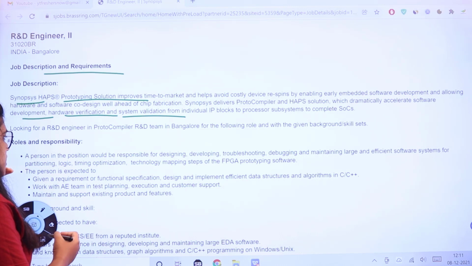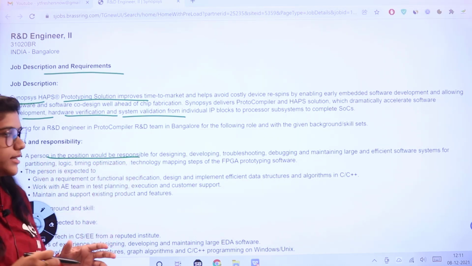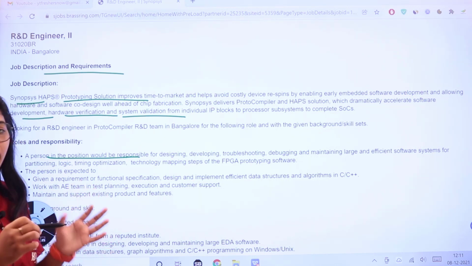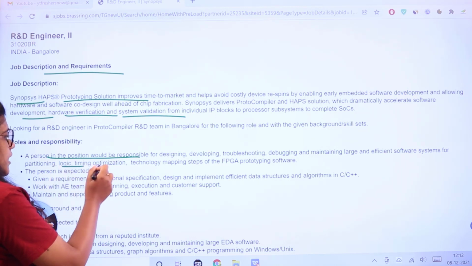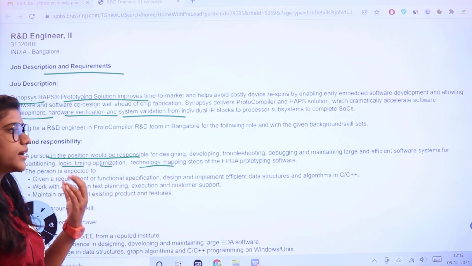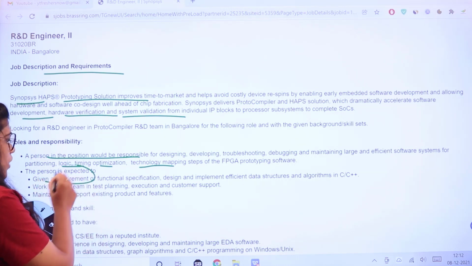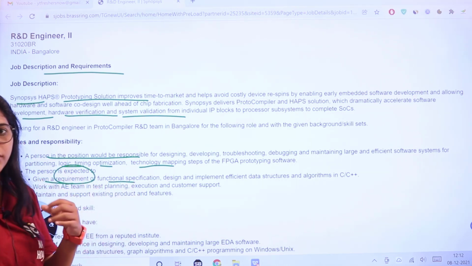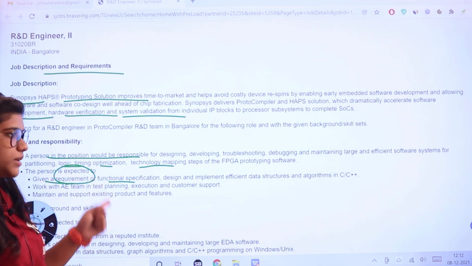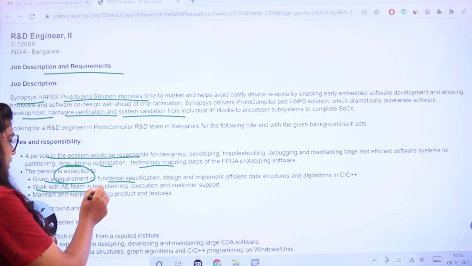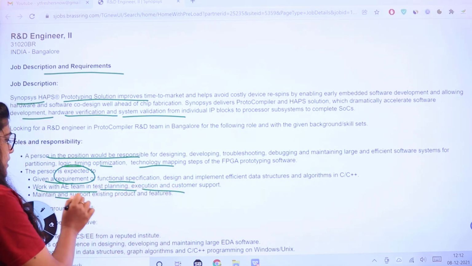What is the responsibility that you will be taking up? In this position, you would be responsible for designing, developing, troubleshooting, debugging and maintaining the efficiency of software systems for logic, timing, optimization, technology mapping, etc. The person will be expected to give the requirement or functional specifications of the design, implement efficient data structures and algorithms in C, C++, and work in the AE team, test planning, execution and customer support, maintain and support existing